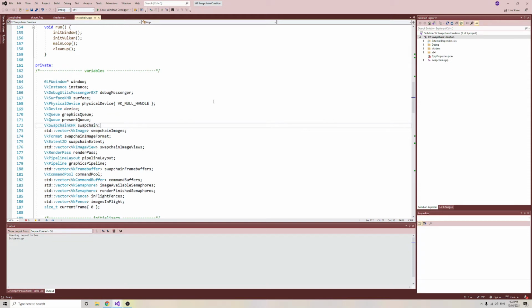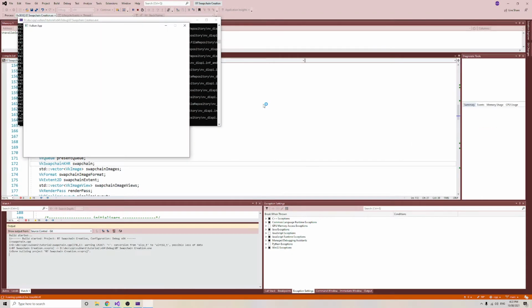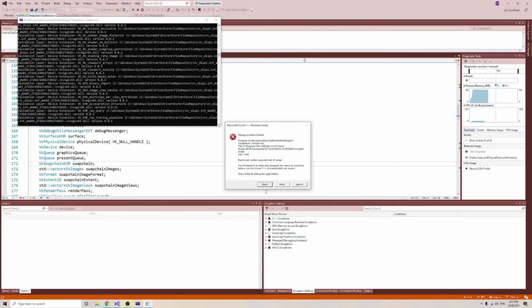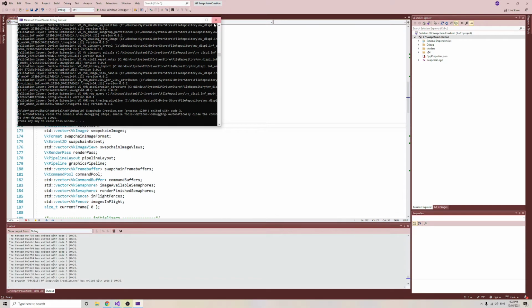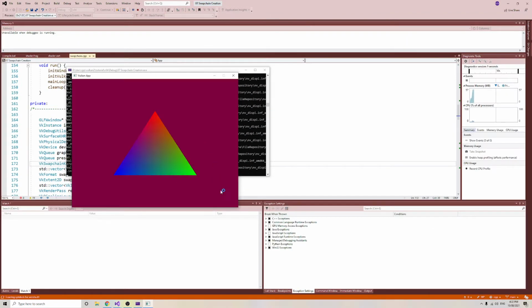Alright, so hi. Just to start things off, this is going to be not too intense. We've got everything running, right? So if we run this now, we've got our program, we've got our triangle, but there's an issue. If I go to minimize, it will not work so well. And similarly, if I run it again, and then